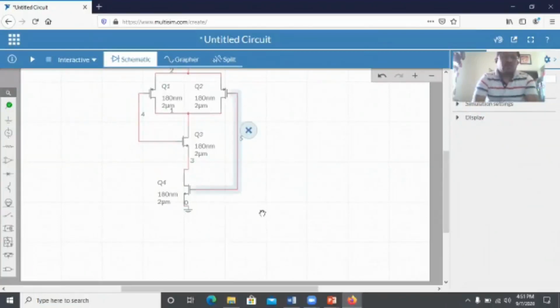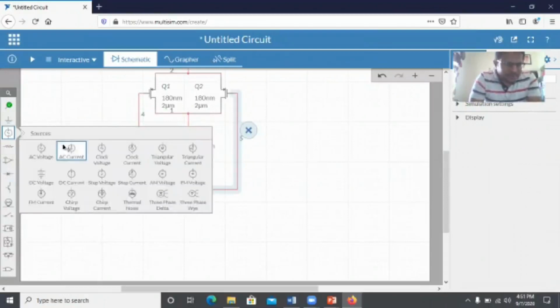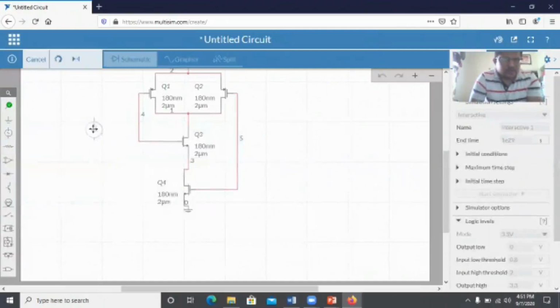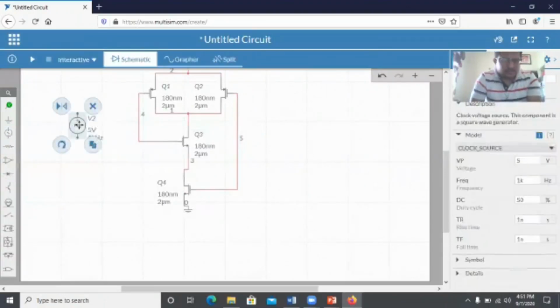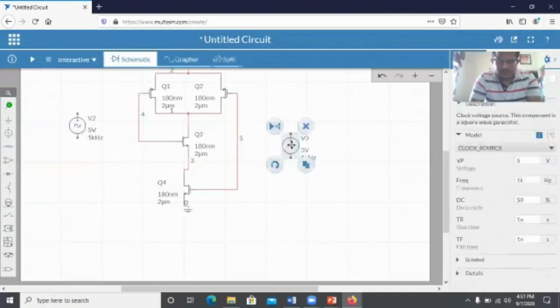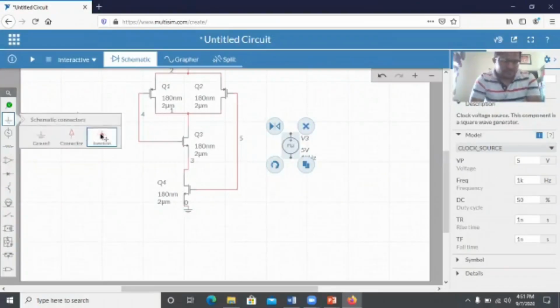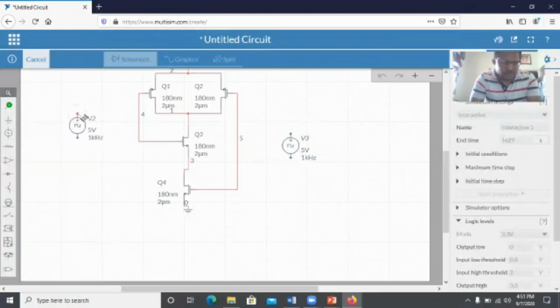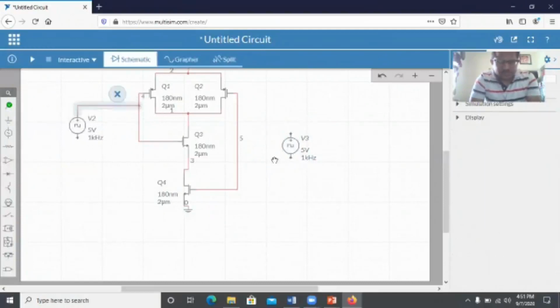Now we have to give input, right? Let the input be a clock. Select clock voltage. You copy and paste it here. We have two inputs, so for that we are using two clock pulses. Connect this to here, and this also you connect to here.